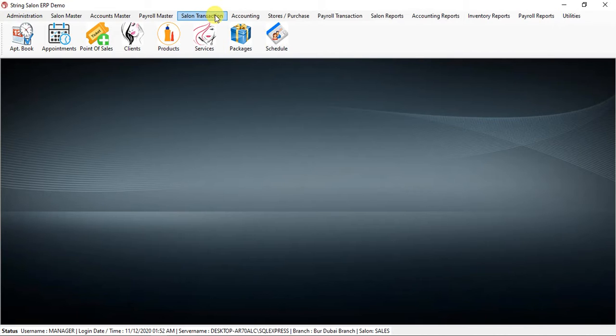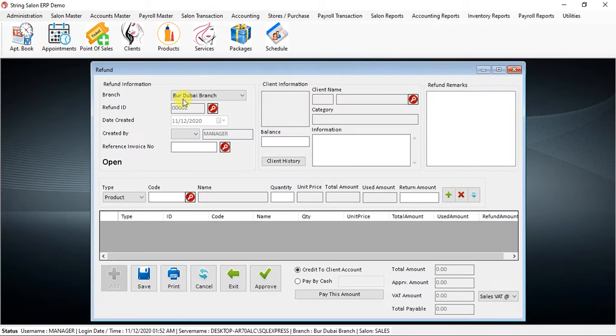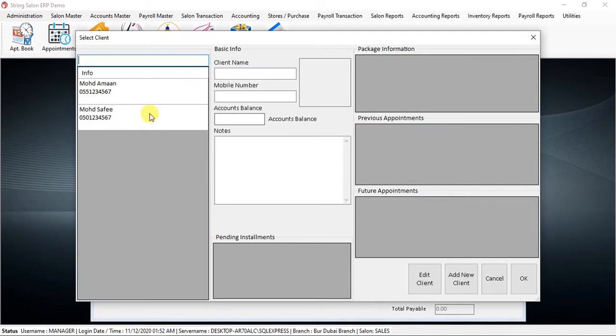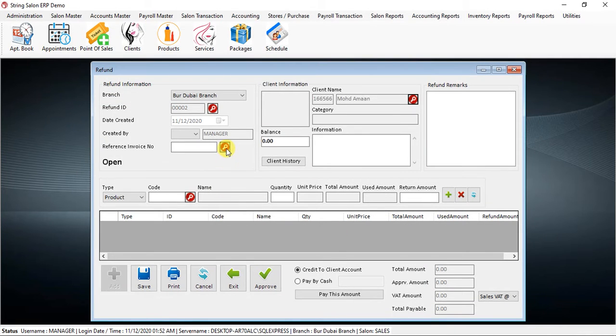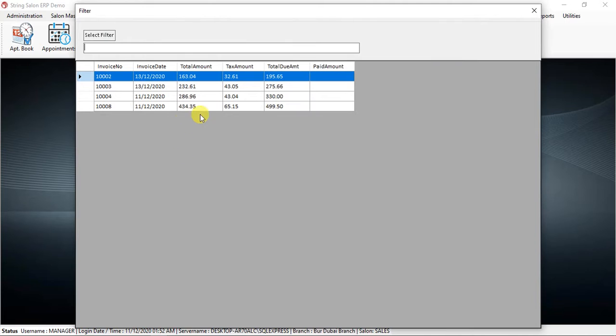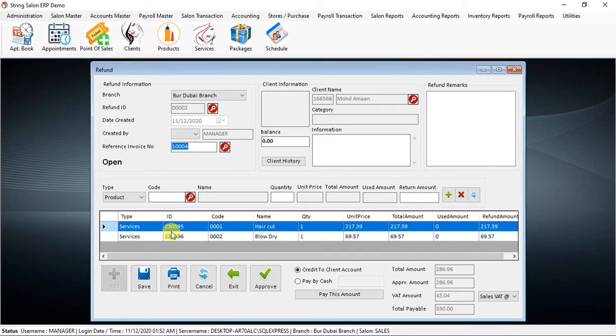For making a refund we will go to Saloon Transactions and click refund. Now here you need to select for which client you are making this refund. So you will select the client and you will select for which invoice number. For example, I will make a refund for this invoice. You can see there are two services and the total amount is 330 dirhams which you need to